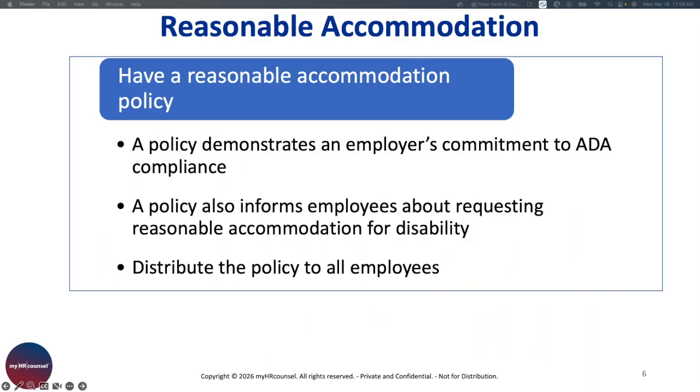It also informs employees who are requesting a reasonable accommodation for a disability. It tells them what to do if they think they need an accommodation. That's another reason to have a policy. And you also want to make sure that with your written policy, you get it out to your employees. It's got to be distributed to everybody. You should also obtain a signed acknowledgement of receipt of the policy. And your policy, as a side note, can be included in an employee handbook. That's something that we commonly do with our clients, or it could be used or distributed as a standalone. But in either case, you want to make sure that you get a signed acknowledgement from each employee that they've received the policy.